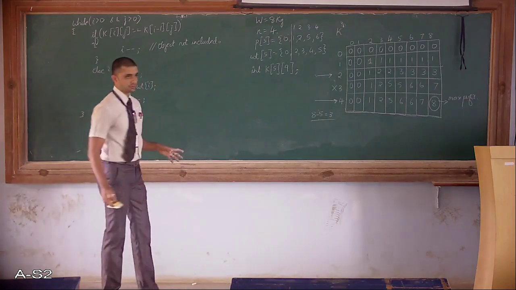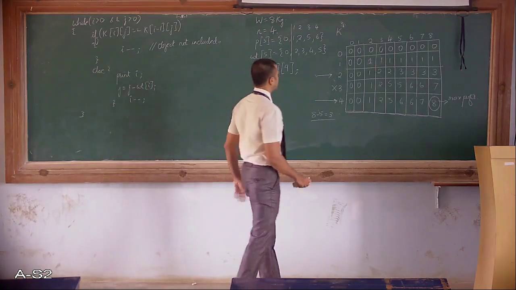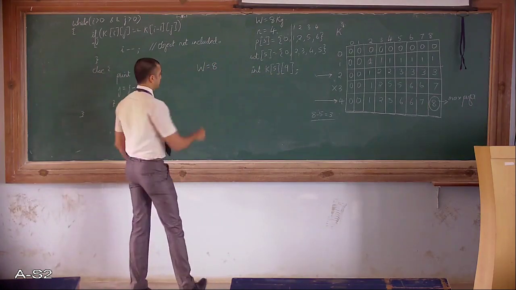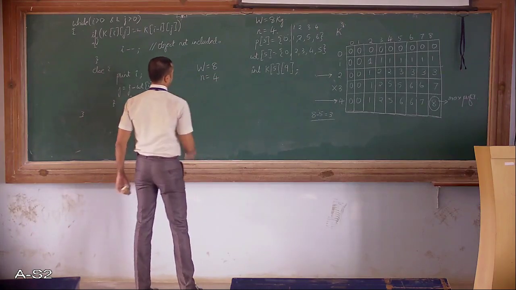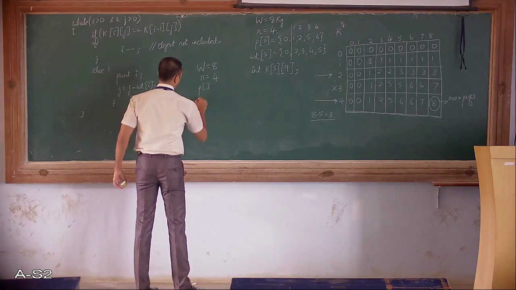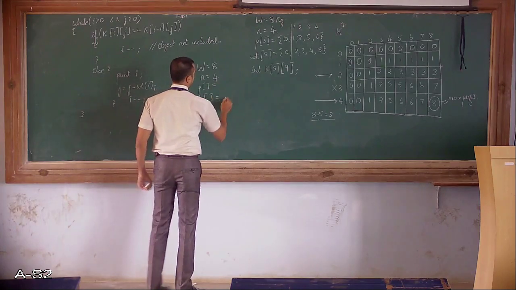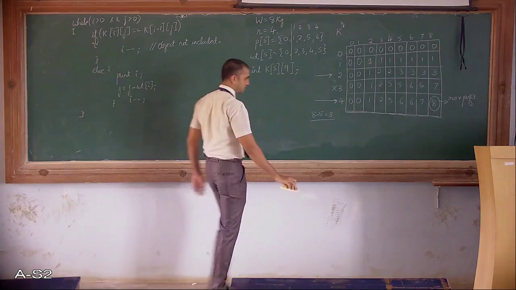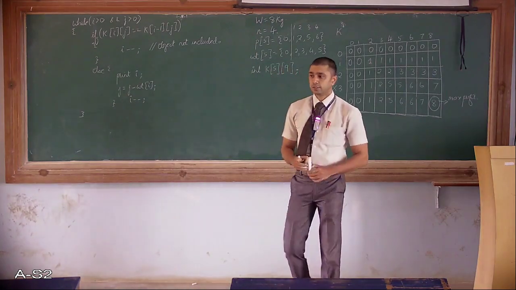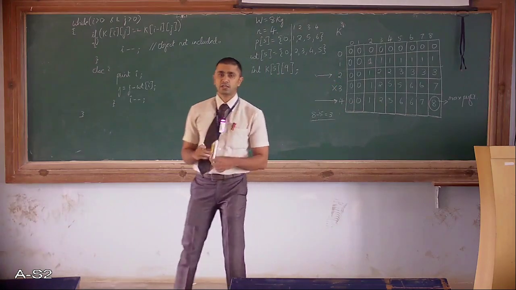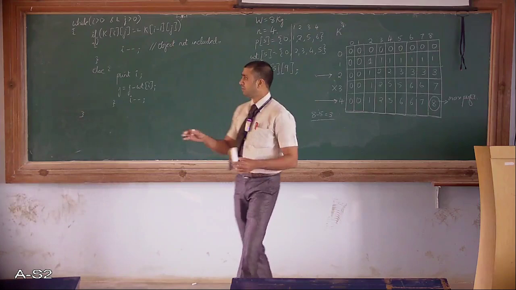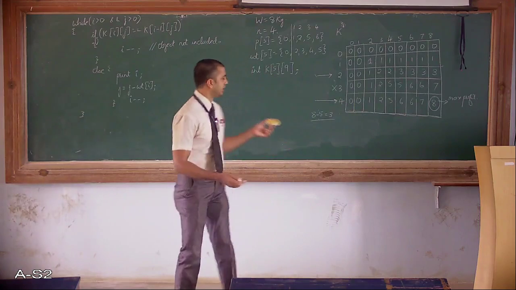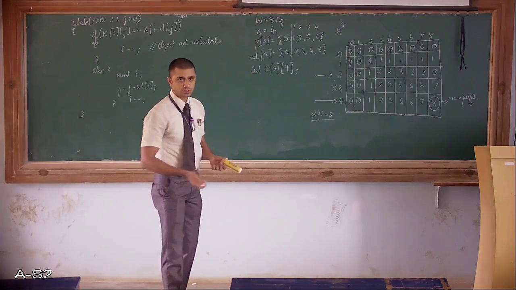You have to design the entire program, like taking input from the user. Either you can take input from the user, or you can directly assign the weight of the knapsack, the number of objects, the profit array, and the weights array. Or you can take input: enter the knapsack capacity, the number of objects, the profits of those objects, and the weights of those objects. You can divide this into functions if you want, or you can write the entire program inside the main function. The choice is left to you.